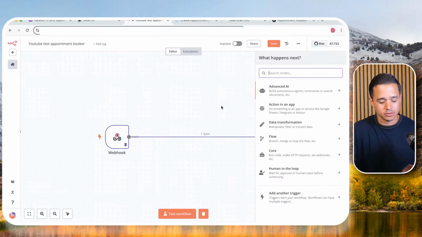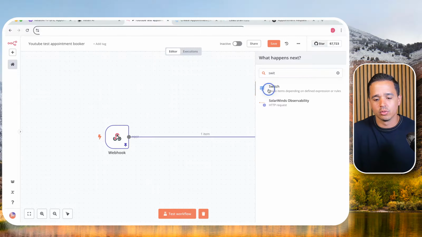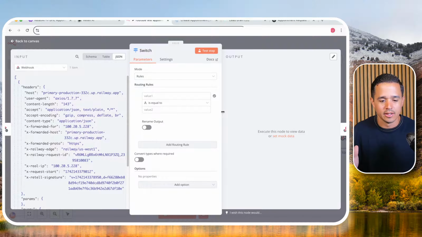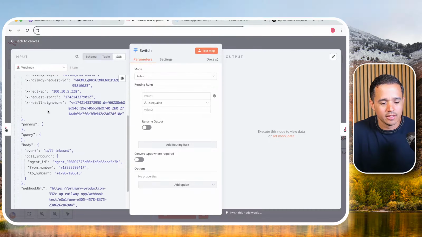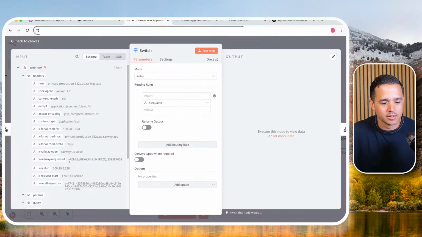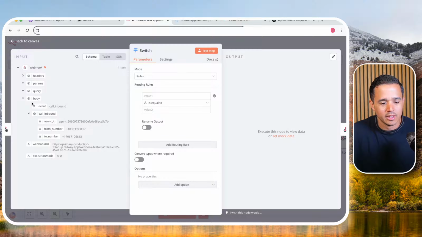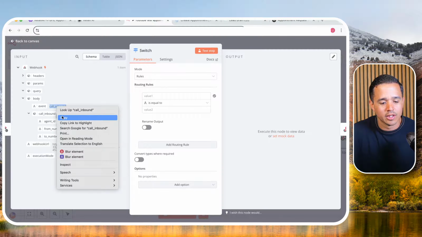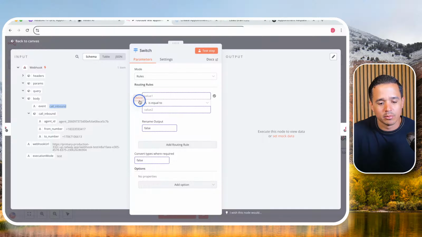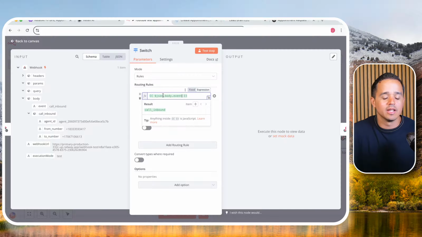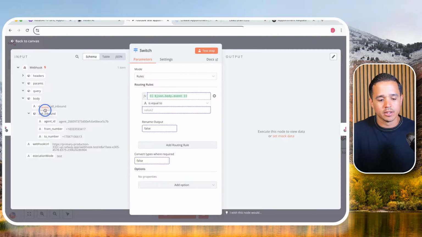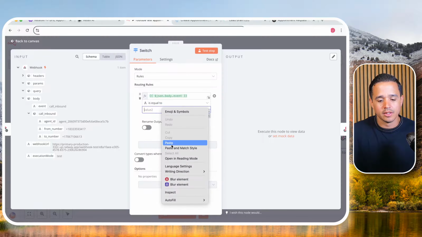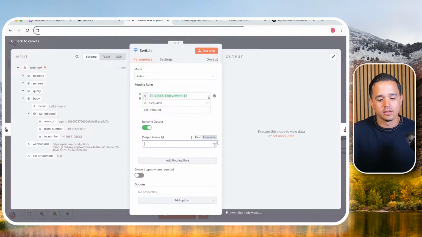So what I want to do is I want to be able to switch. So I'm going to look for the switch node and I want to route traffic accordingly. And so if I come in here and I look at the information that got passed, let's collapse headers. And if you look at the event here, you see it's got a specific value, and I'm going to copy this value here, and I'm going to drag and drop the routing rules, and I'm going to select this, and I'm going to say, hey, if json.body.event, again, I got that just by dragging and dropping, is equal to, and I'm going to paste call inbound, then go to, and I'm just going to name this path inbound call,